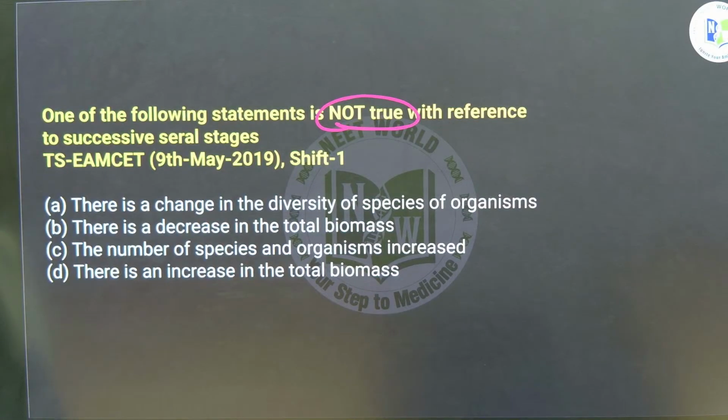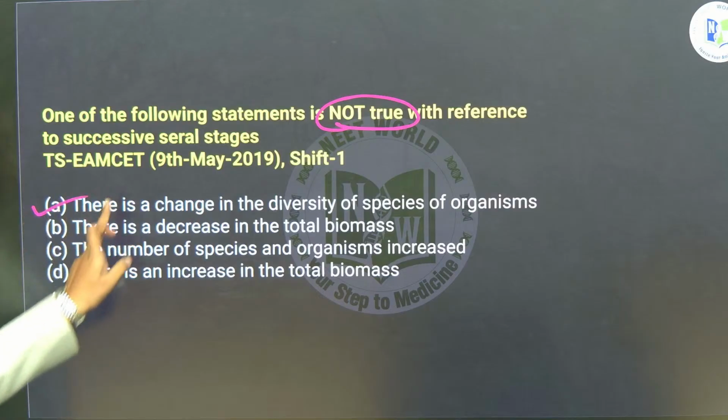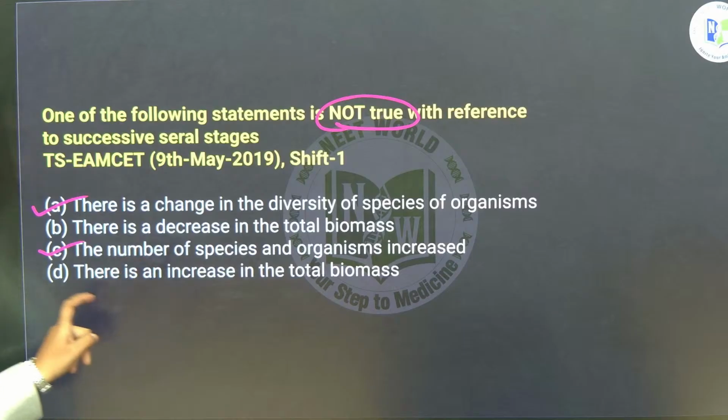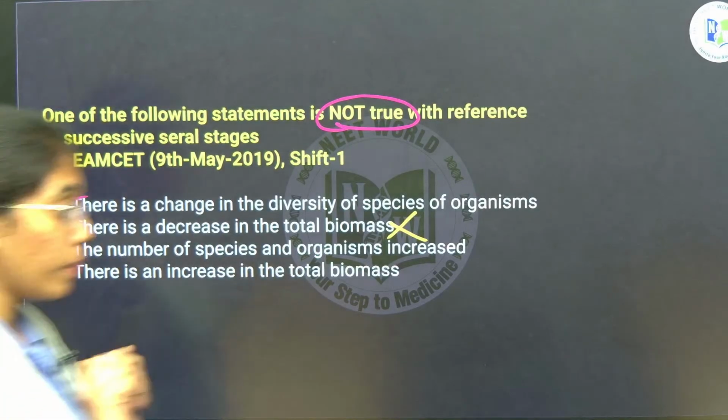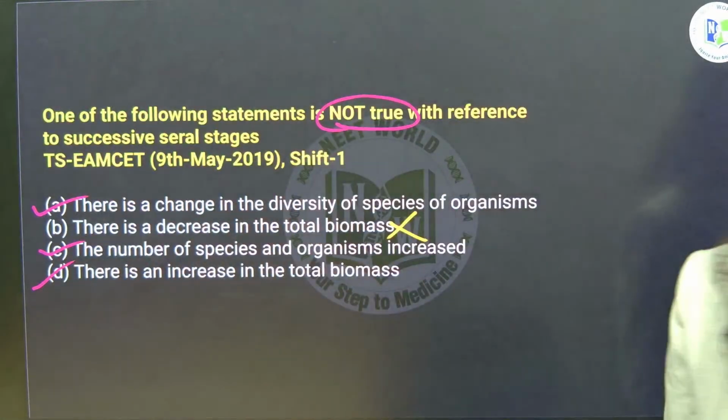There is a change in diversity of species of organism, there is a decrease in total biomass, the number of species and organisms are increased. Change in diversity, number of species will be increased, there is an increase in total biomass, there is not a decrease in total biomass, it is total biomass will be increased, not decreased. Next,